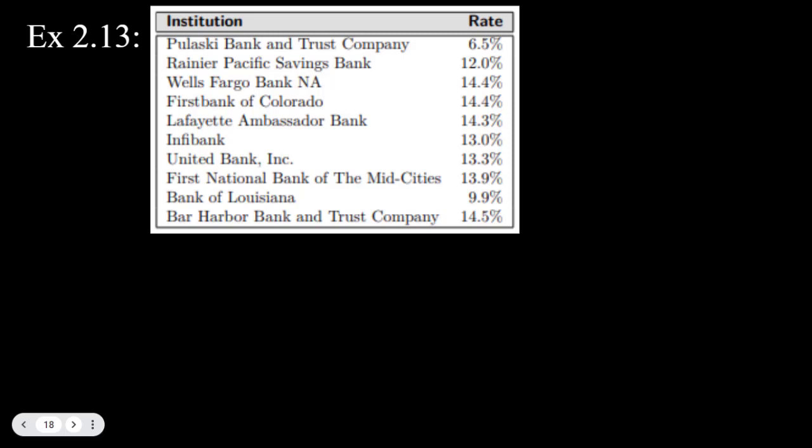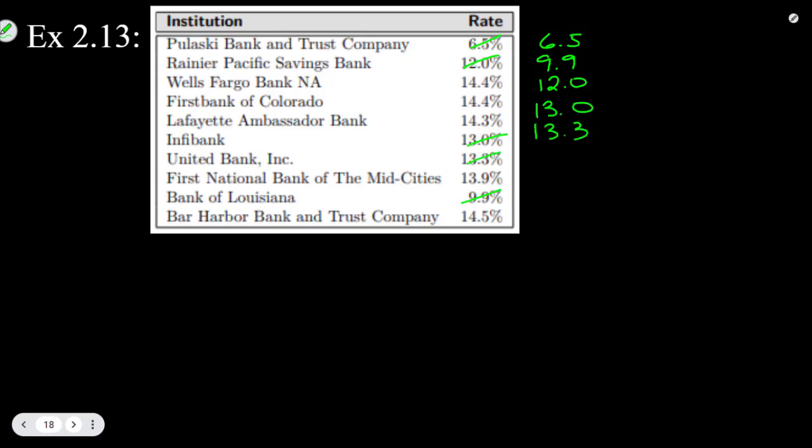Here is our information, and I am going to try to get this set up here for us. So first of all, we want to order our data so we can find that 5-number summary. So 6.5 is the smallest percentage. Then we've got 9.9. So that takes care of those two. Then we have a 12.0, and we have a 13.0,